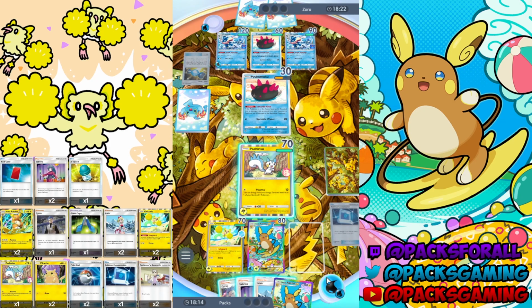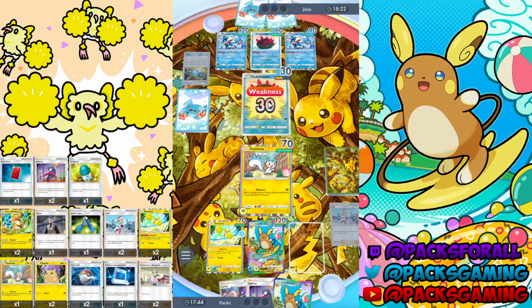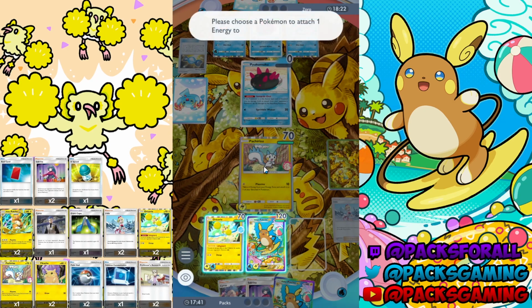Okay, so I might have to read it this turn because he could Cyrus. He probably will. So I'm just going to do this. Pachirisu might die next turn, but for now, Irida. And yeah, Puke, if you guys don't know, is basically a bomb. So Pachirisu is going to take...